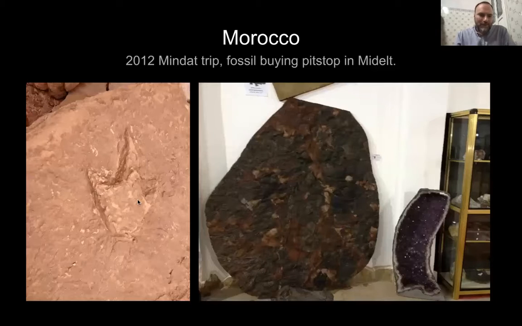Right, it's not all trilobites. That's a dinosaur footprint, and those are crinoids. But anyway,